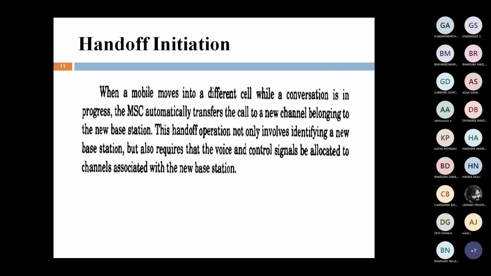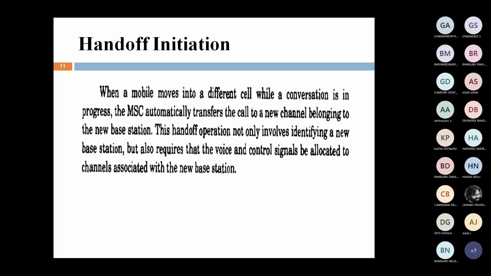This is about the basic concepts related to handoff. That is, we discussed what is meant by handoff, what the types of handoff are, in what situations handoff can be raised, and what parameters are used for handoff initialization. Next, we are going to the main topic of handoff initialization: how handoff can exactly be done whenever the mobile moves from one base station to another base station.